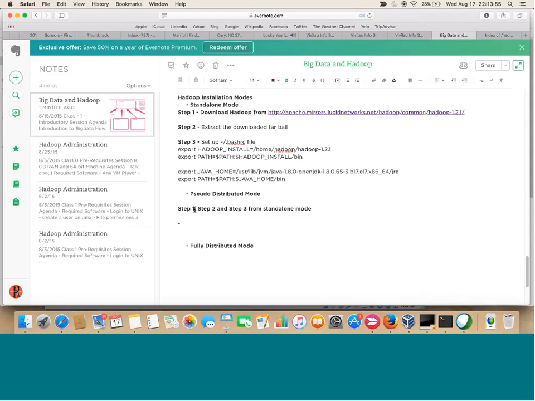Now, to start with, what we need to do: you download, extract, then set up your bashrc. Then the next step is to edit the conf files, the configuration files, and add a few properties. Step 5 will be, once you add the configuration properties, the first thing you need to do is format the cluster. Step 6 is to create a directory on the Hadoop cluster, and step 7